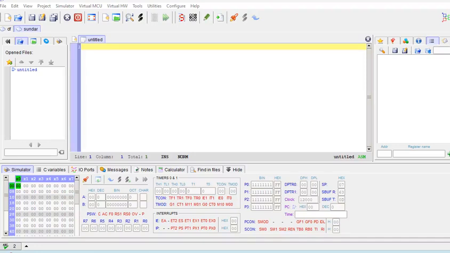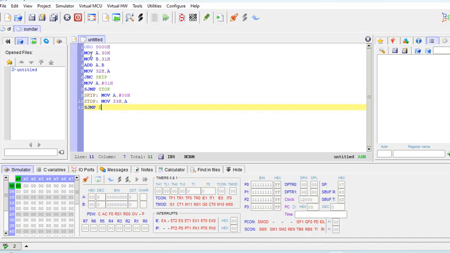We are going to see assembly language programming using 8051. So the first assembly language program is addition, 8-bit addition using 8051 microcontroller. So I am pasting the program. In this program, we are starting the program at the memory location